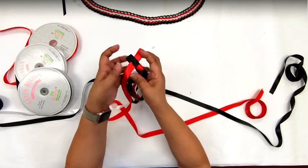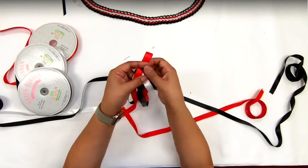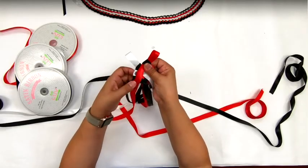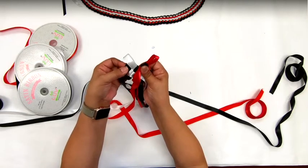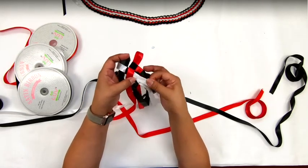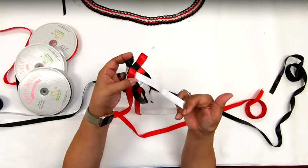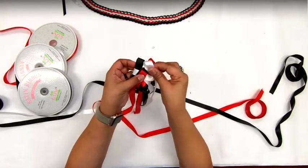So I'm going to put that through. I'm going to snug this down. I'm going to do my next loop. Right, and here it comes, right? Here's that memory trick. I'm going to put that through. I'm going to snug it down. This is the last ribbon that I just pulled down to snug it down. It is the first ribbon I'm going to use to